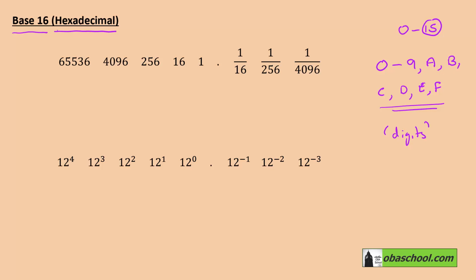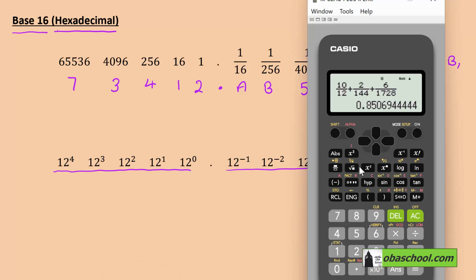So we could have a number such as 73412.AB5, and then we could look to convert that. Of course, we're working with powers of 16 as discussed for other number bases. So if we were converting into decimal or base 10,